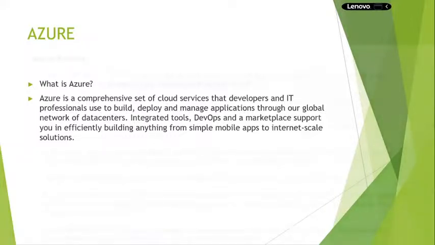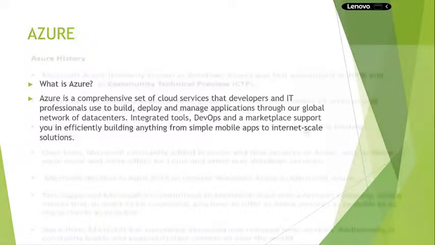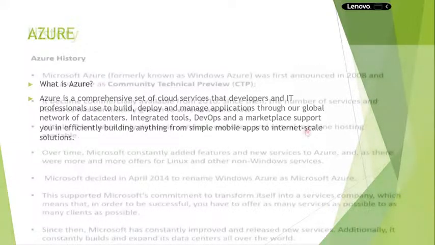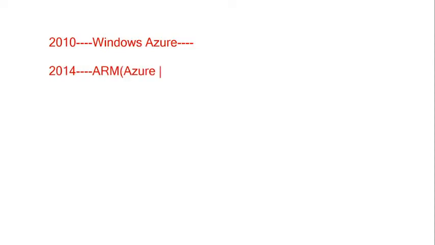Next, Microsoft Azure came into the picture in the year 2010. At that time we called it Windows Azure. Windows Azure supported only Microsoft related applications. Later, in the year 2014, they introduced a new deployment model called ARM, Azure Resource Manager, and they renamed Windows Azure as